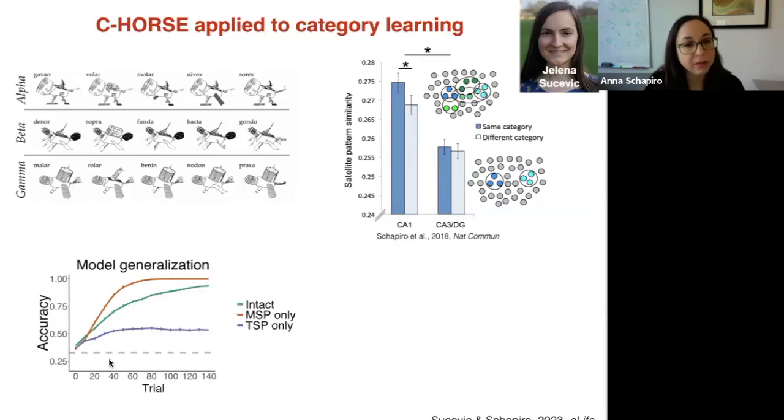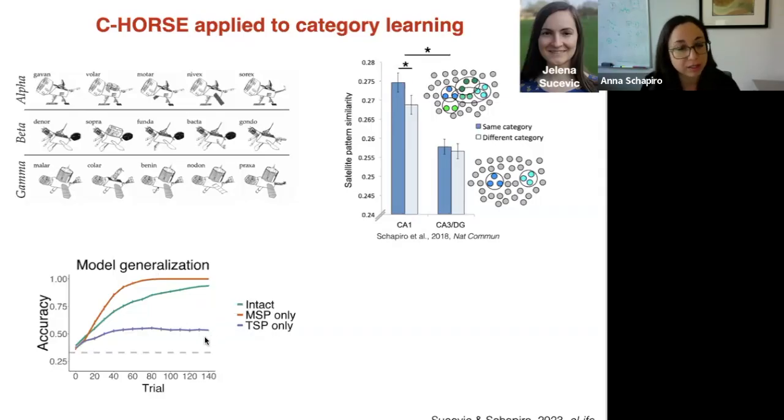And what we find in the model is, so this is generalization performance, meaning you see a new satellite that you haven't seen before, but belongs to one of the categories that you had learned. Can you figure out what category it's from? And we find that the model's good at this. And actually, it's even better, much better, if you only allow it to have access to the monosynaptic pathway,